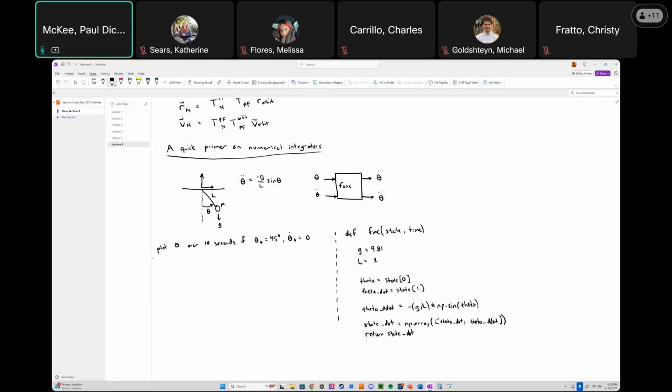So the way that we would do this is, going back to Python, I'm going to define some time span, tspan, which is going to be numpy.linspace, so a linear space, 0, 10, and num equals 100. So this is going to generate 100 numbers between 0 and 10 evenly spaced. That's what this accomplishes. And then I'm going to say state 0 for initial conditions is numpy array